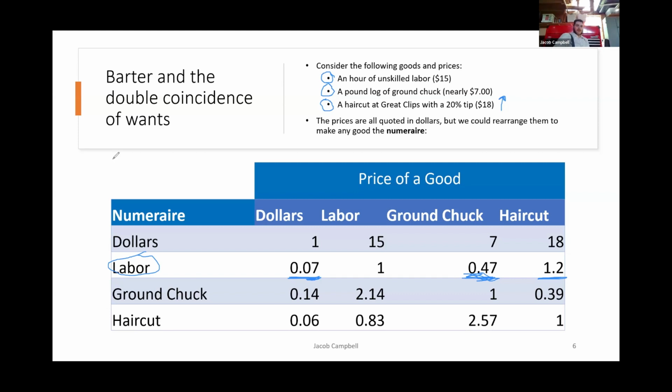And we can do this in comparisons of goods to goods as well. If you're thinking in terms of ground chuck, you might say that to save $1 requires giving up 0.14 logs of ground chuck, or that it requires giving up